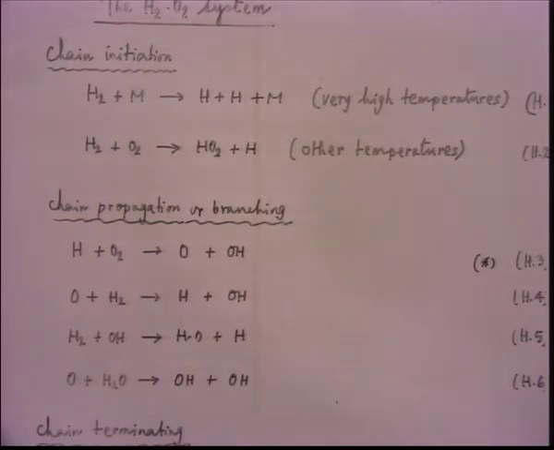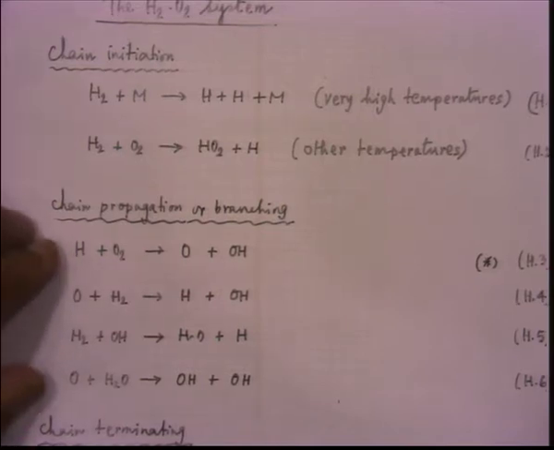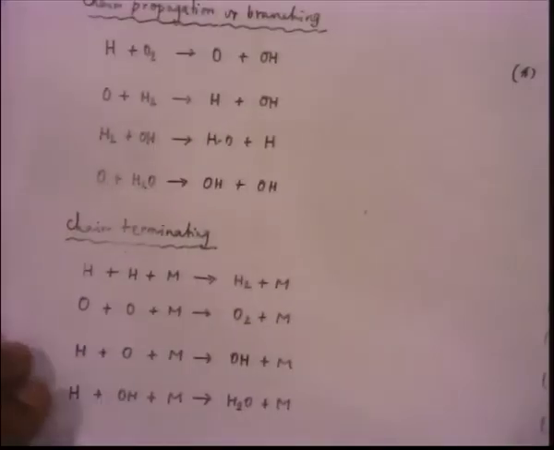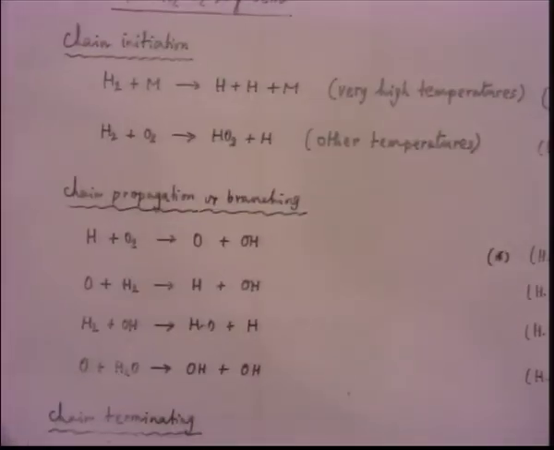And I think we quickly looked at all these reactions some time back, and we identified that some are branching and some are propagation. So, we did that, and there is also chain termination. Now, how are these things ensuring that under certain pressure and temperature conditions there is no explosion, and under certain other pressure and temperature conditions there is explosion? How does that happen?